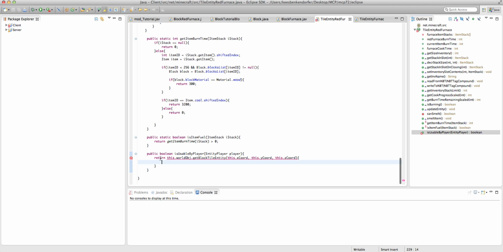And that's a weird if statement, so I'm just going to change this up a bit. So if this right here is not equal to this, so if it's a different tile entity, then we want to return false. And, sorry, else if